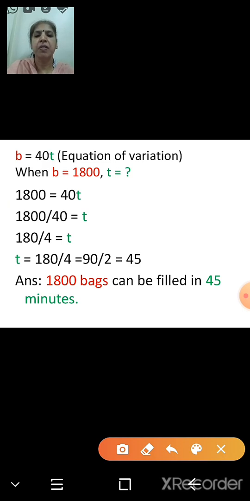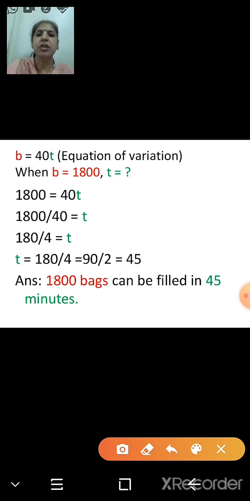Now, what will we do? We will take 40 to the other side of equality. So, multiplication will become, yes, division. 1800 divided by 40. Both are multiples of 10. So, directly we can say zero, zero cut, as we say commonly. So, the answer you will get is 180 divided by 4. Now, directly you can divide 180 by 4. Then you will get 4 4s are 16. And then 2 remainder, so this 20. Directly you can do, you will get 45.